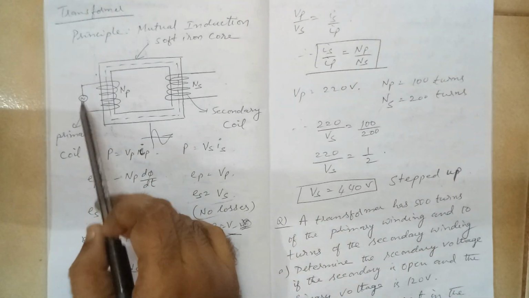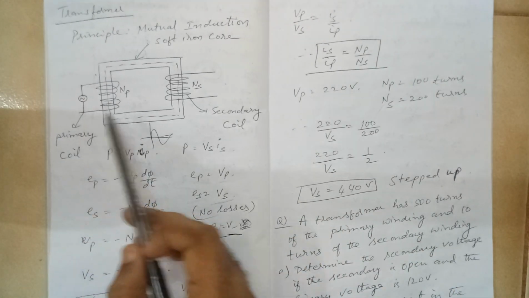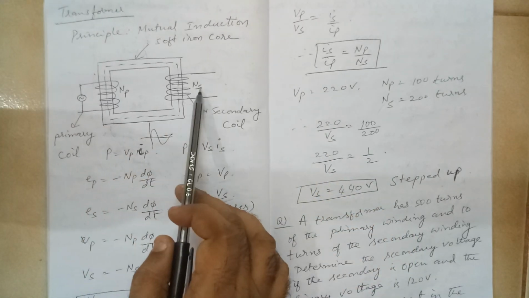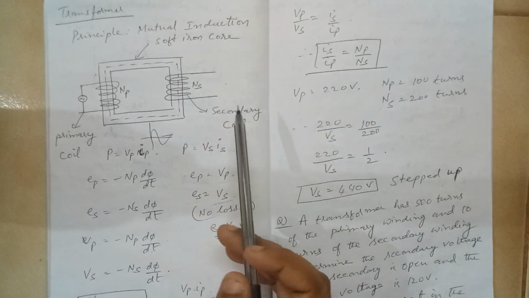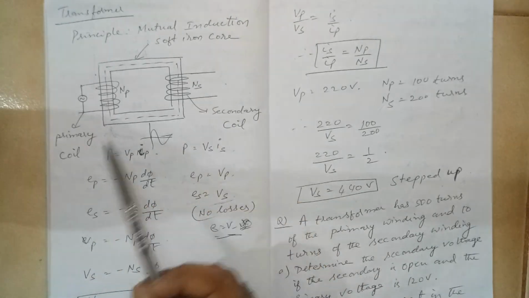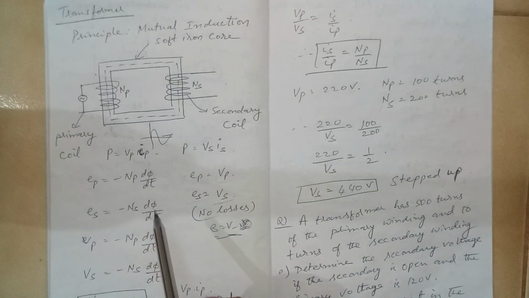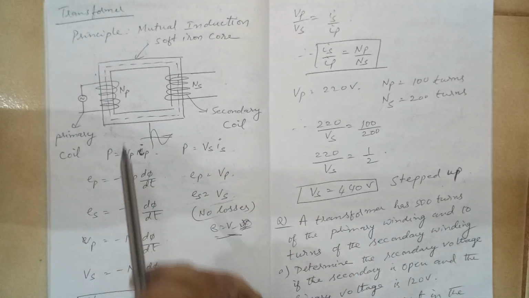So transformers basically are of two types, a step up transformer or a step down transformer. The input voltage may be something and the output voltage may be something else. Here 100 volts may be coming and it may become 50 volts here, so that is called step down. If 100 becomes 200, it is called step up. In the whole thing you should remember that the frequency is constant. The frequency is constant in this whole process.